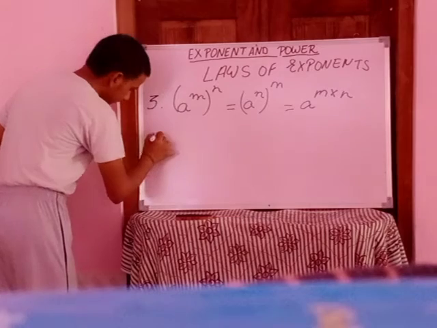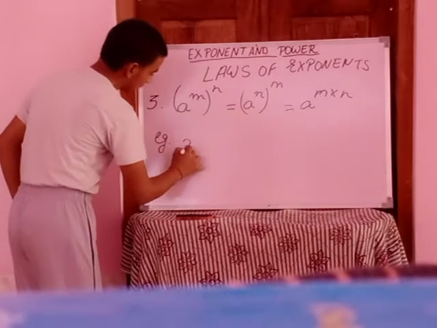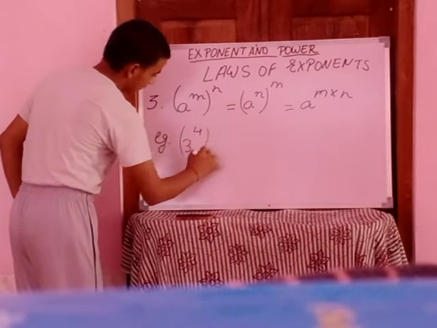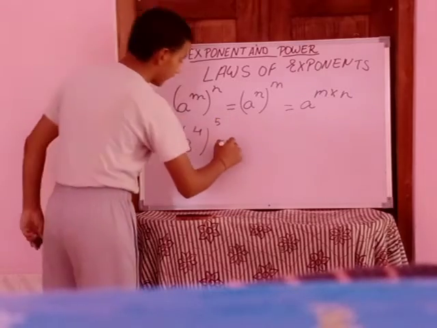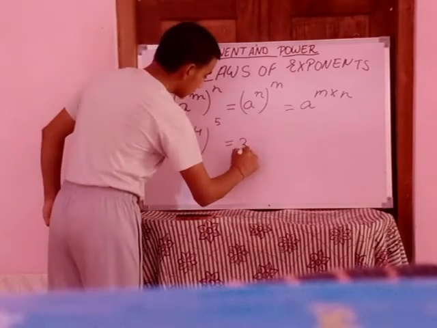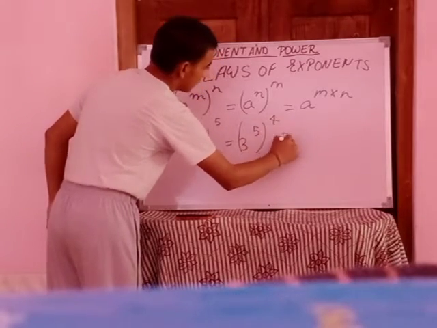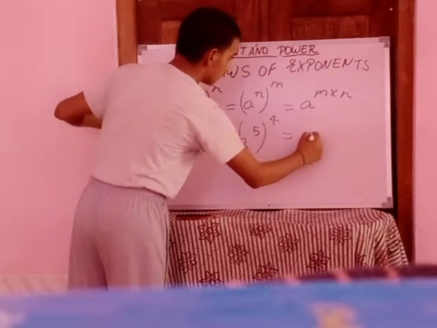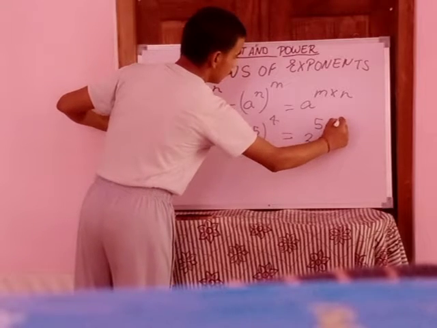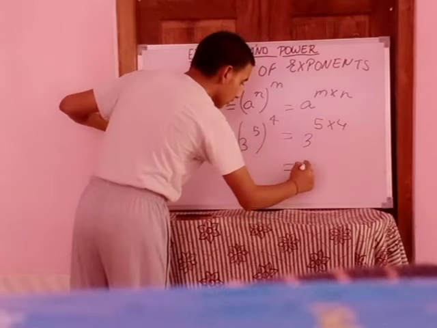For example, 3 raised to the power 5 whole raised to the power 4 can be written as 3 raised to the power 5 into 4,